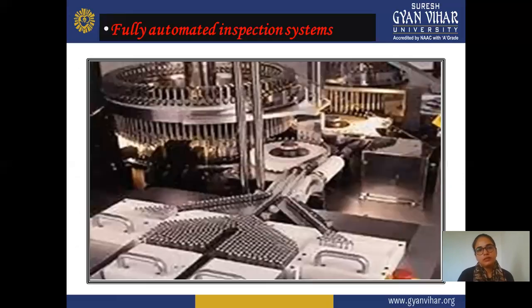This is a fully automated inspection machine. In this, no manpower is required. You just set all the parameters and start flowing your formulation, and it can easily transfer from one section to another station. Nothing is required to set or put your material or container closer. There are only some starting parameters required, or installing of particular packaging material and formulation. Otherwise, it's a fully automated machine that works completely by itself.